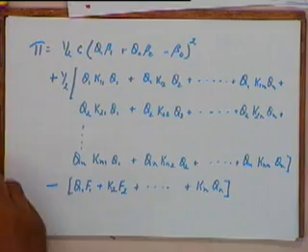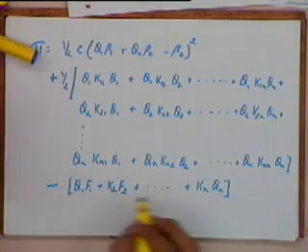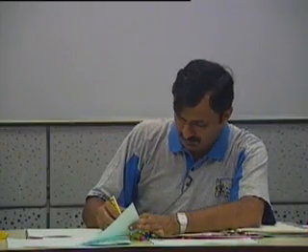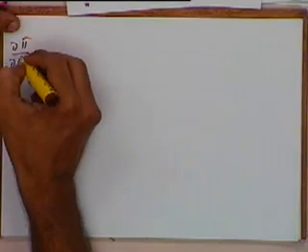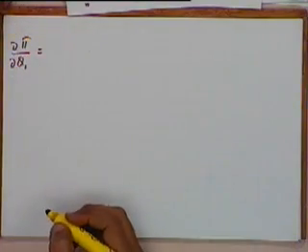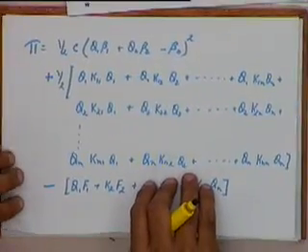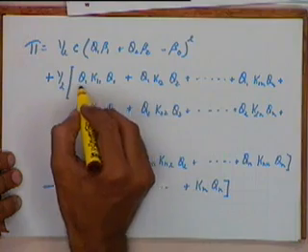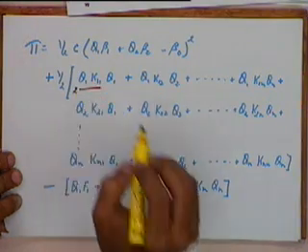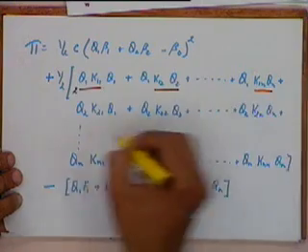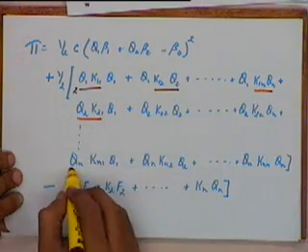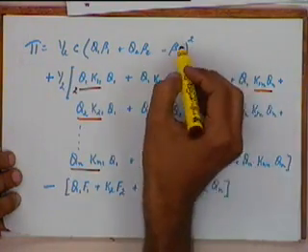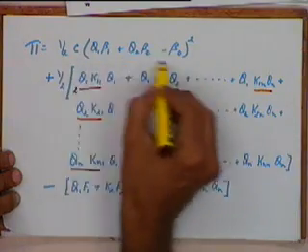If I take this expression and try to evaluate del pi by del Q1, I am differentiating my potential energy with respect to Q1. If I differentiate with respect to Q1, I will get 2 times this term, and from the column I will get this term, so on till this term. And if I differentiate this whole thing, I will get C into 2, this whole expression multiplied by beta 1.